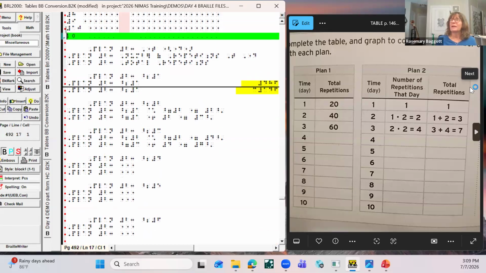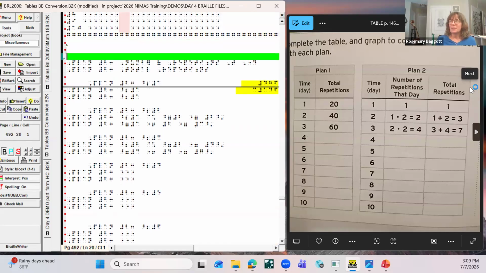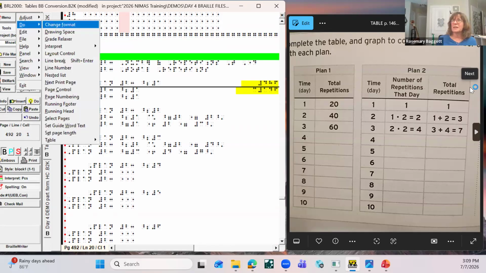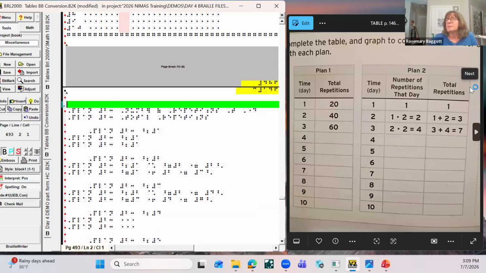And then I go back to where I left off. That's my little cheat until I figure out how to do it where it's not doing weird things with blank lines. So that was table 2, or plan 1. That was pretty simple. Now we get into plan 2, and here's an example of what